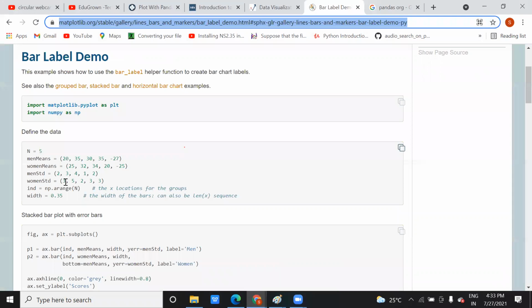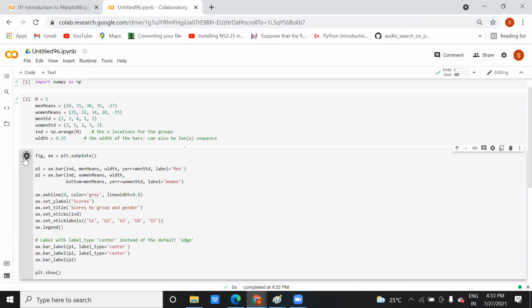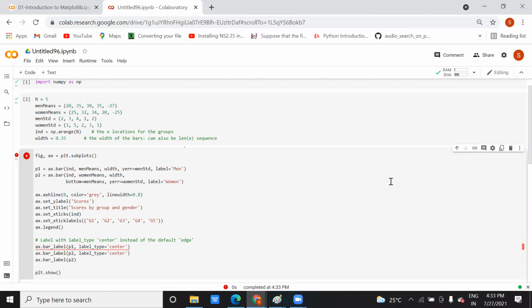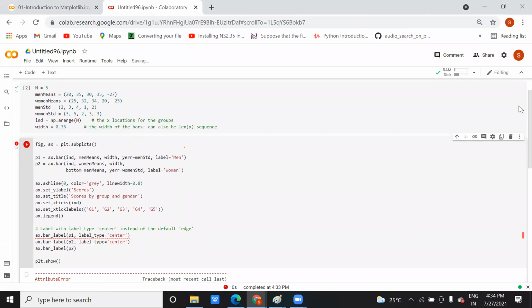So this was my data. This was the library I imported. And now here I wanted to draw the graph. Let me first run this, and then I will explain. Could you please explain the data one more time? Yeah, sure. I'm explaining. Let me run this first.